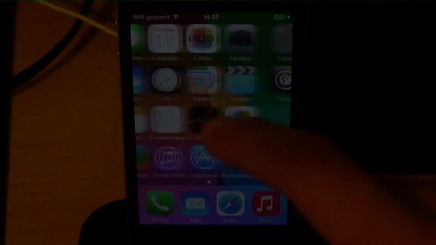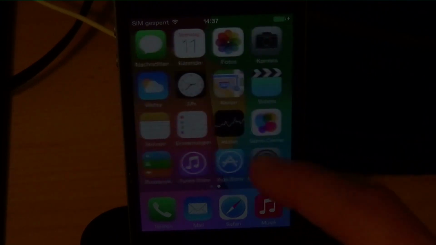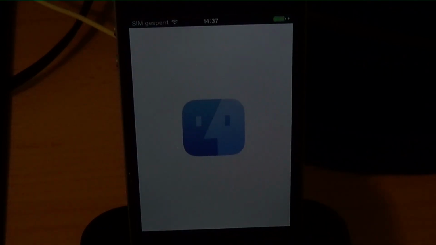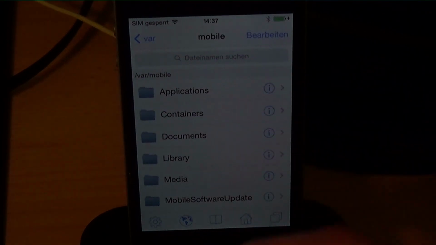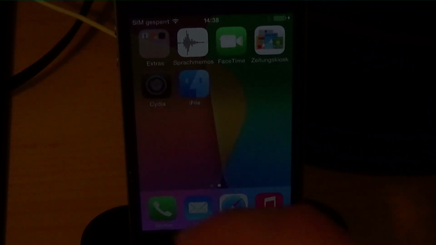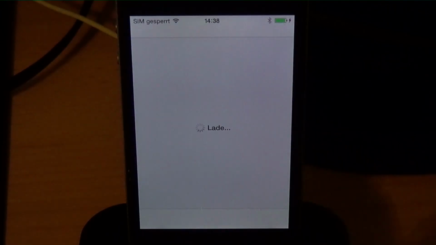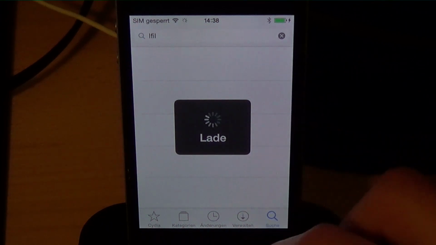So you see now iFile appeared. It took a while, but iFile appeared, and you can open up iFile and you can use iFile obviously because it's installed now. But if we open up Cydia, I try to make the brightness a bit higher so you can see something. So yeah, just wait for Cydia to load. If we search for iFile,